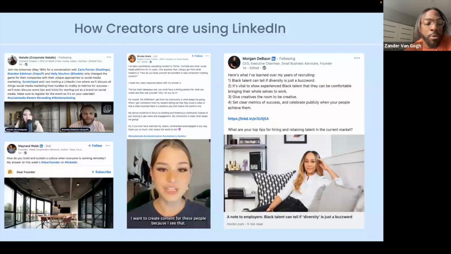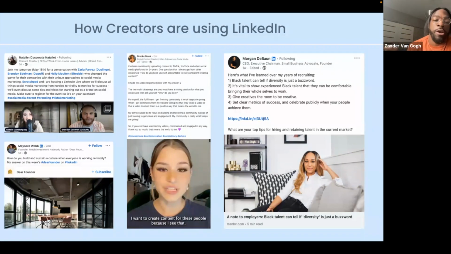You can also see people on the platform using video, but also leveraging captions to explain their main message for what they want people to take away from their posts, and using video to support. Sharing articles actually is working really, really well, in my opinion, on the platform in the past year or so. And it's something that we've emphasized.